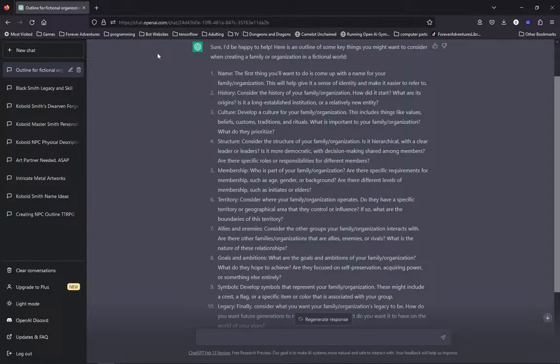Every city has relationships. Every kingdom has relationships. And they don't necessarily have to be on the same level. Families don't just have relationships with other families. Entire families can have relationships with single individuals or entire kingdoms. So come up with some interesting, dynamic ways that your particular family or organization is set into the world.